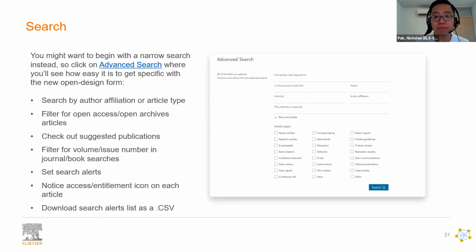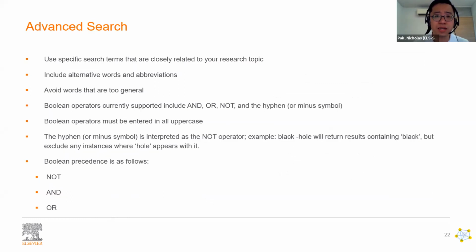So this goes into much greater depth and detail. You can search by author affiliation or article type. You can also click on more options. You can filter for open access or open archives articles. You can see suggested publications. You can filter for volume and issue number in journals and book searches. You can set search alerts. You can notice the access and entitlement icon on each of these articles, and you can download the search results as a CSV file. So this update to the advanced search is something that I want to spend more time on,